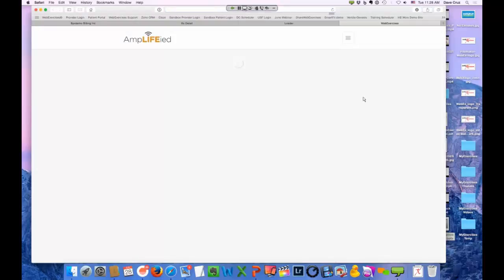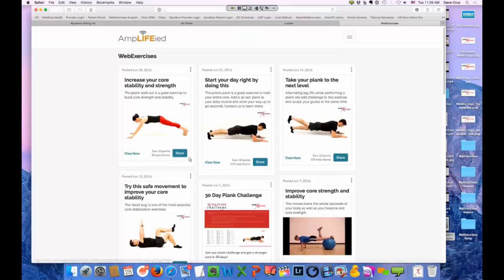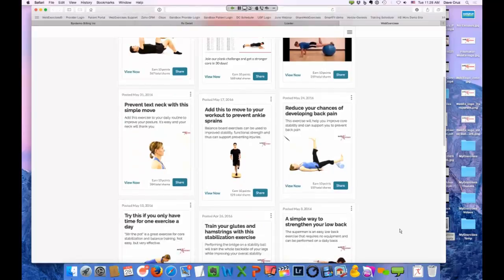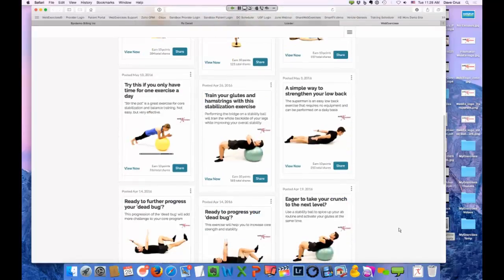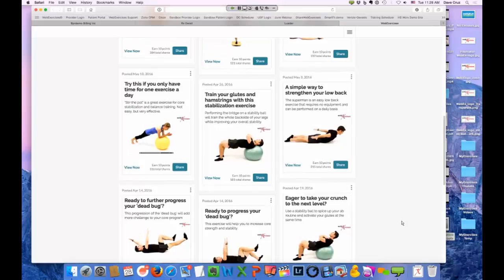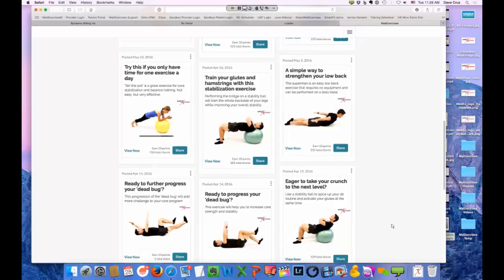WebExercises. Some of you may be familiar with this. It's Amplified, started by Jason Deach. We have our own library in here. And so what you're able to do is, by simply clicking the share button, this will automatically post to your Facebook page. So what we want to help you do is build your brand, build awareness through your social media using exercise. There's no better way to get people to move than through social media, because everybody's checking their phone, everybody's on social media. So we encourage you, it's a free service, to go to Amplified and sign up and use our Share WebExercises, not only from an engagement, but also help to build your brand.